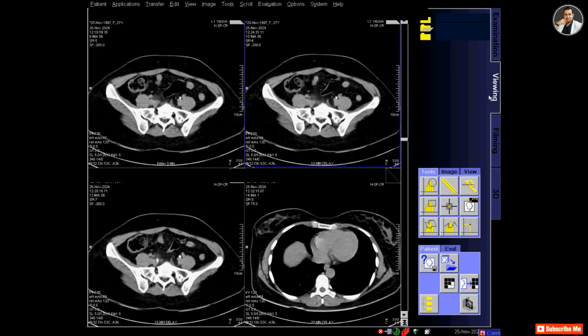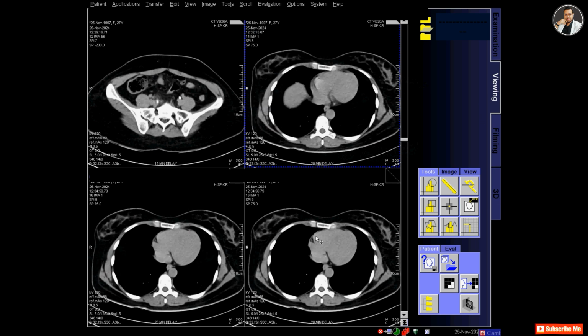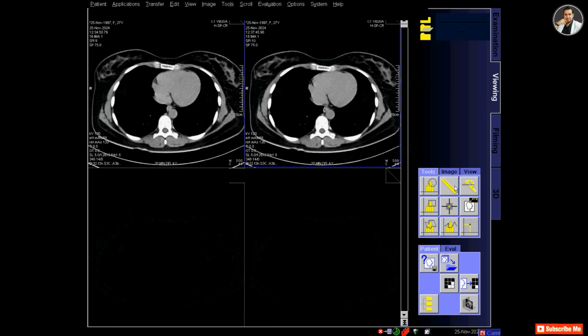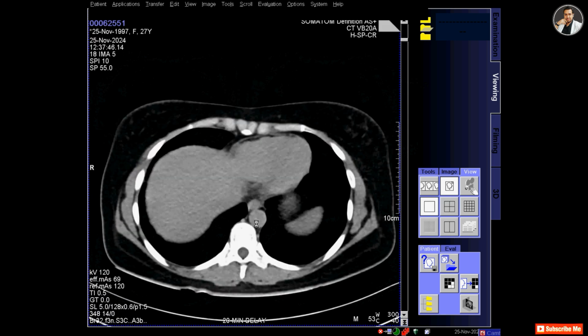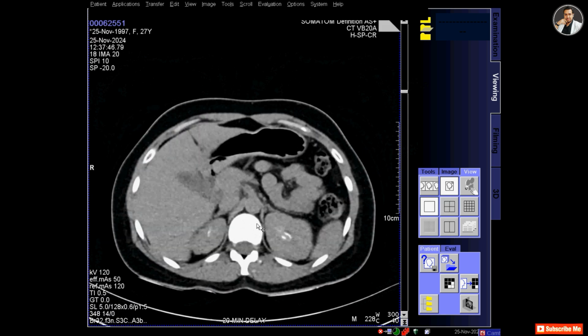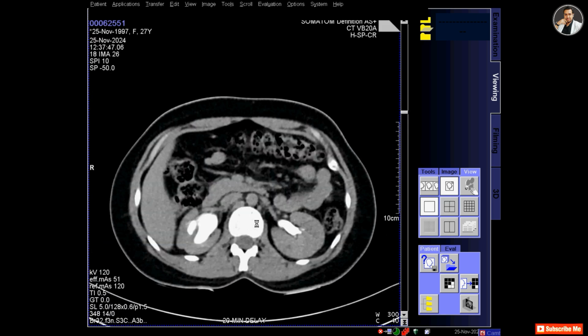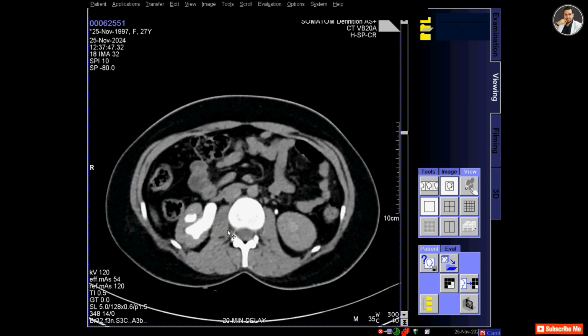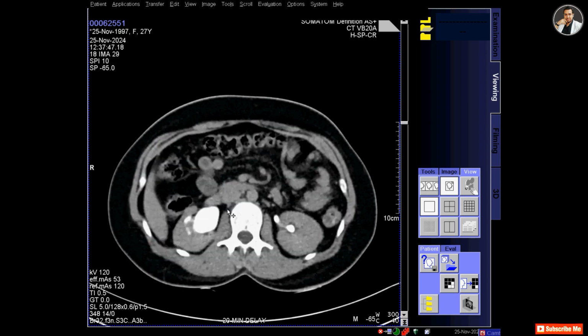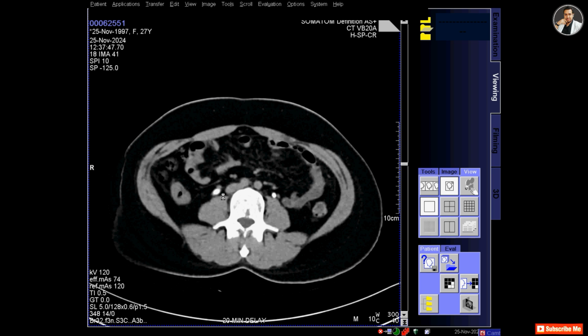So let's check it again in the 3D. This is a 20-minute scan that I am checking.